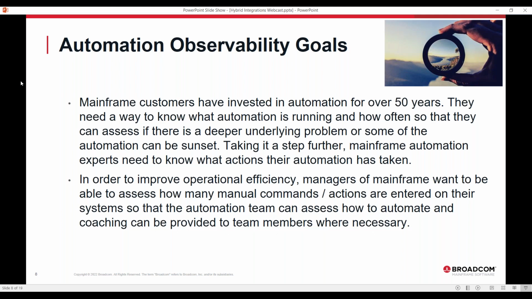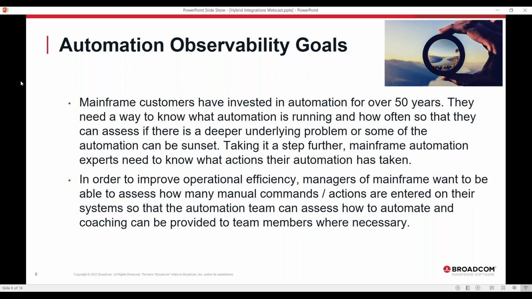We had that last slide where we talked about some of the pain points for SREs or systems programmers. And this is another pain point that we hear from customers pretty often, actually. Mainframe customers have years and years of automation that they've invested in to react to messages or whatever that are emanating from syslog, for example, right?